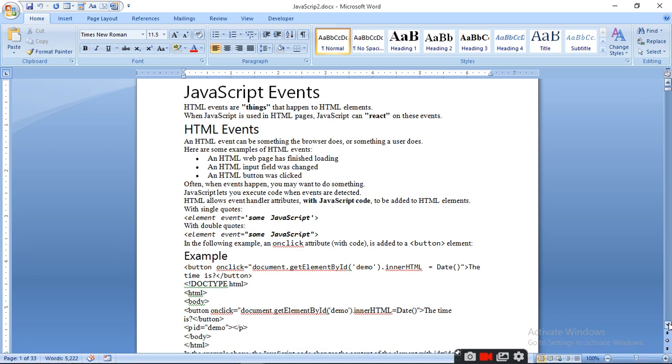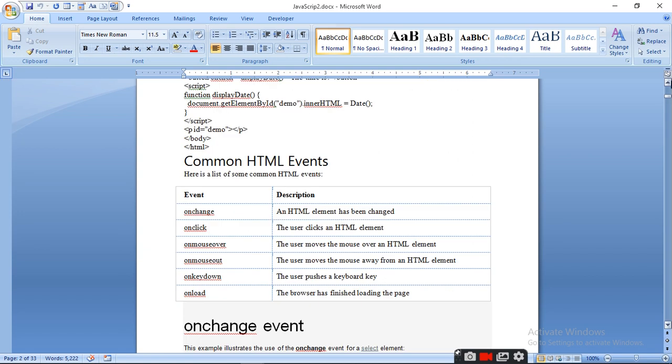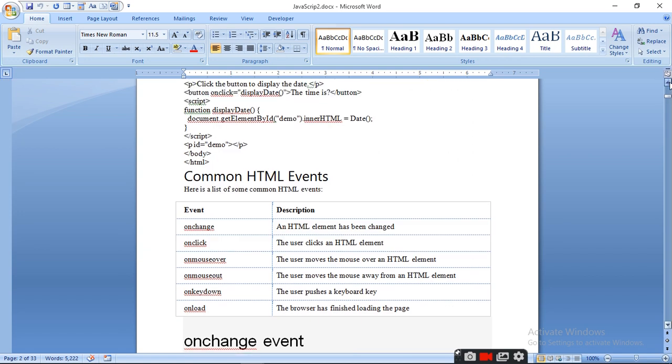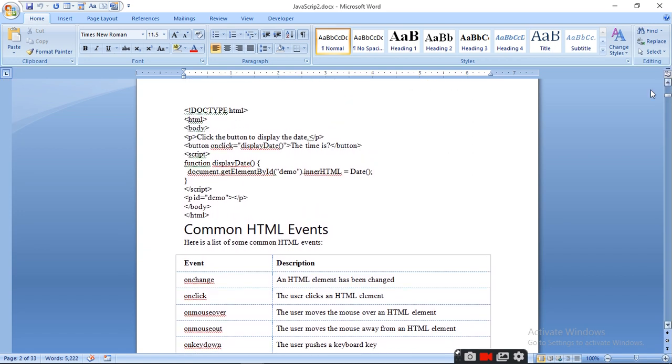If you don't write the HTML in body, it will still work and display the date when you write it within the script. So here I am writing button onclick displayDate, the time is, and then it will display your date.